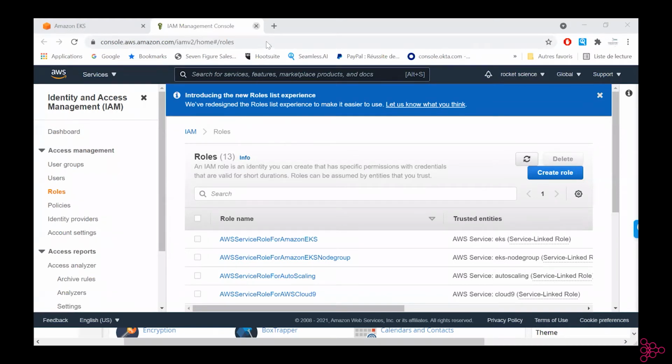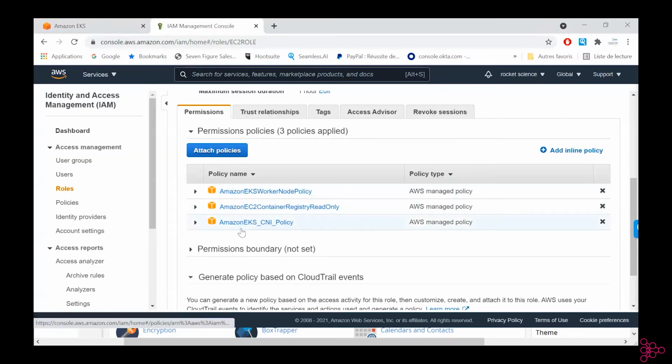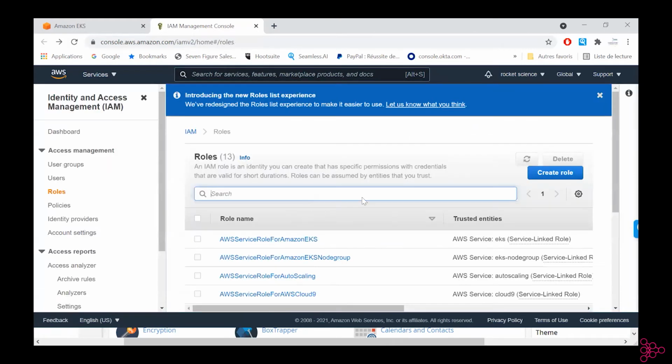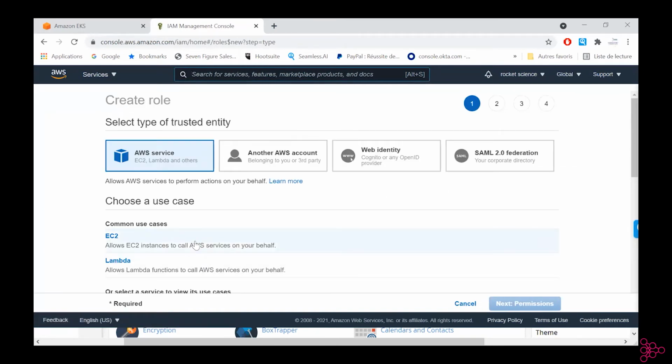When you create them, you could create the role, you could update here and then select the appropriate role. So you see you have the 3 policies here. You'll have to create it by yourself, by the way, here by clicking create role. Then go on EC2.